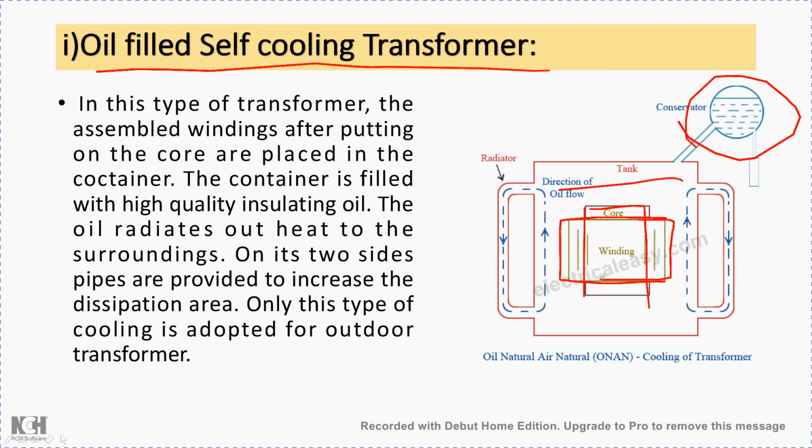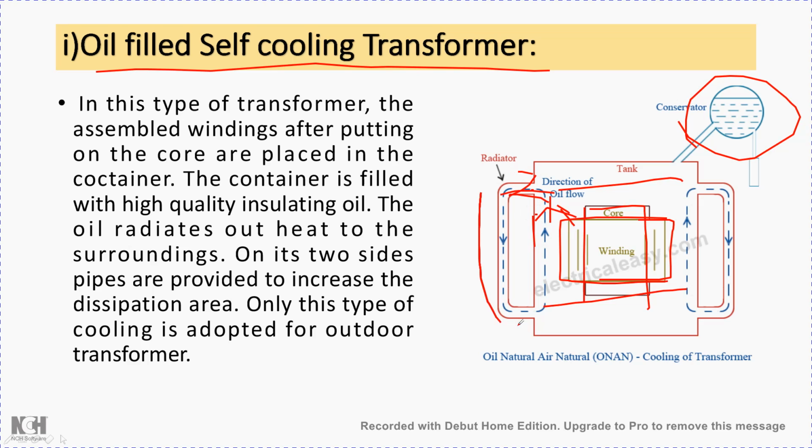And this entire area is filled with the oil. So now this oil needs to be circulated and it should be cooled. This process happens naturally, because as the oil gets heated up, due to heat it starts expanding and rising up. Once it rises up, it tries to go to the low heated area, which is this side, and once it goes outside, this is the outside portion. So this is the body of the container and this is the outside.